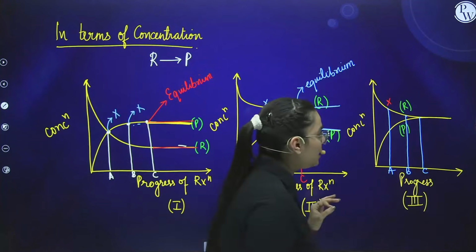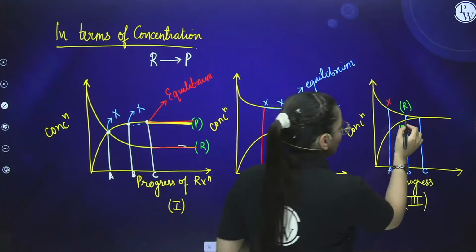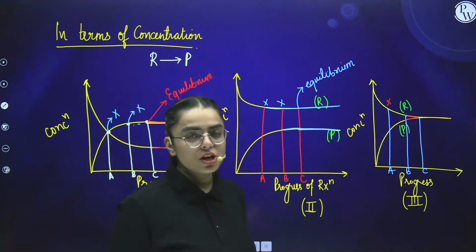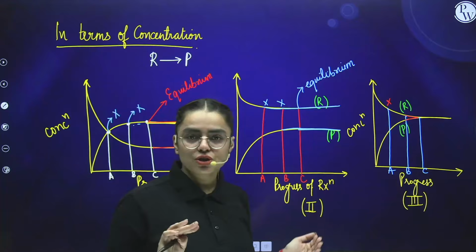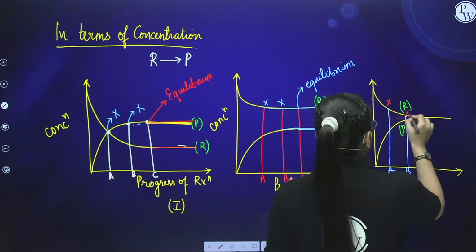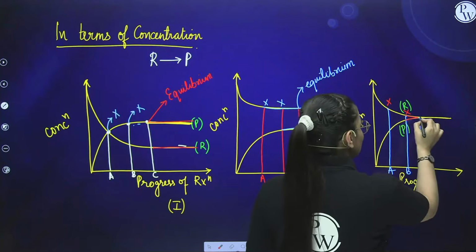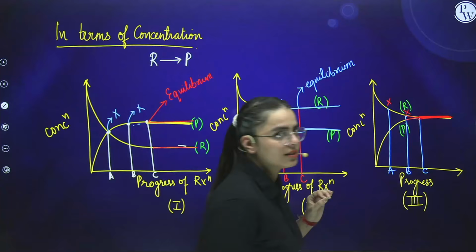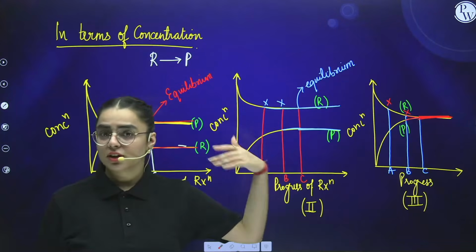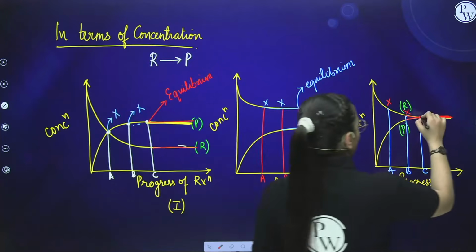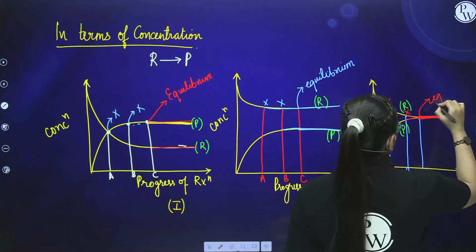If I talk about B point also, you can see there is a slight decrease of the reactant and a slight increase of the product. So again here we can see that the concentrations of the reactant and the product are not constant. So here also at B point, no equilibrium. But at C we can see that it becomes constant after that. It becomes a straight line, whether it is of product or of reactant, right? So again here at C point, equilibrium is attained.